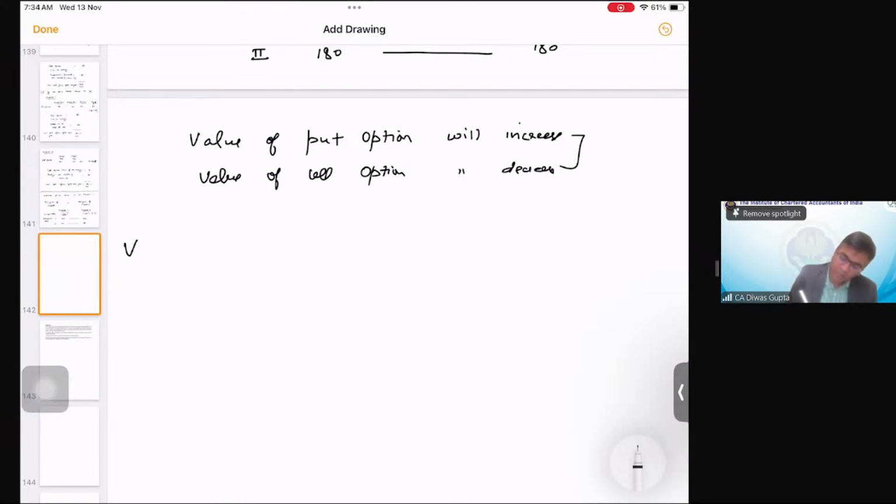Value of put option plus spot price is equal to value of call option plus present value of strike price. This is investor 1